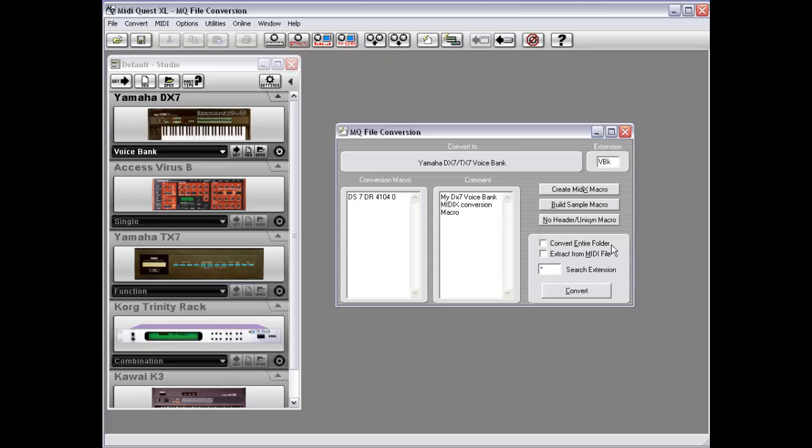Now I have a couple of options down here. Convert entire folder, extract from MIDI file, and a query extension. So when I hit the convert button, normally you're going to get a file selector, and you choose a single file, and Midi Quest will convert that one file. Well, if you want to convert an entire folder of files, then you can choose this option, hit the convert button,